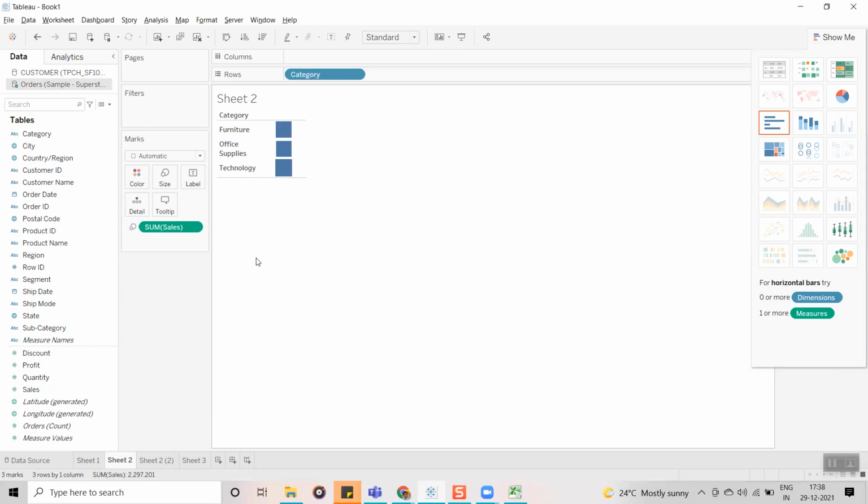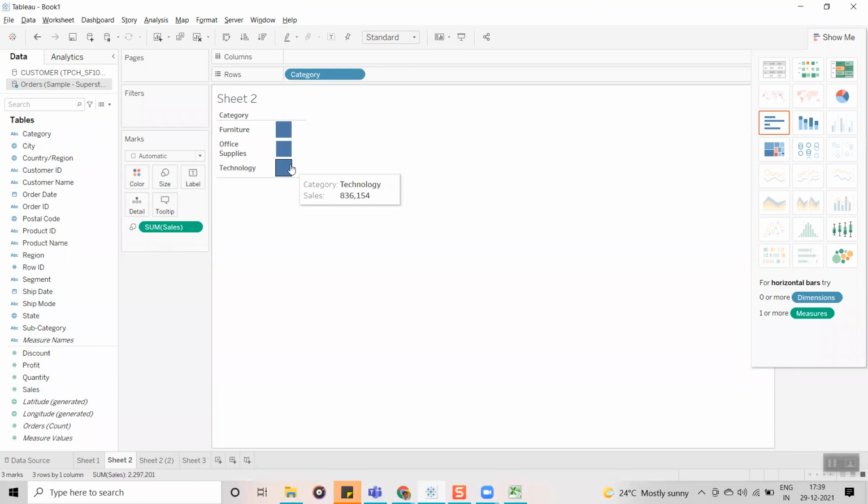The next category is furniture, and the last category is office supplies. If you want, you can see the data as well. Now I am going to drag the sales. Once you convert to a heat map, observe that category is in the row shelf, and automatically the sum of sales is moved into the size property under the marks card. Because of this, it shows different sizes based on the sum of sales value.